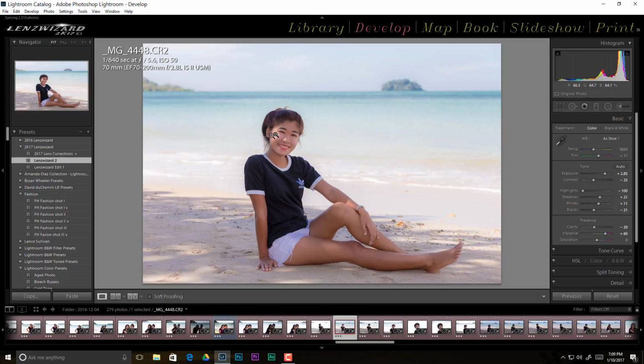This was actually a bad image because she had the sun shining on her face, and I did not like that. But there you go. That is how you create a preset and you save it, and it will always be there for you to use. So now let's look at a preset that I use all the time,